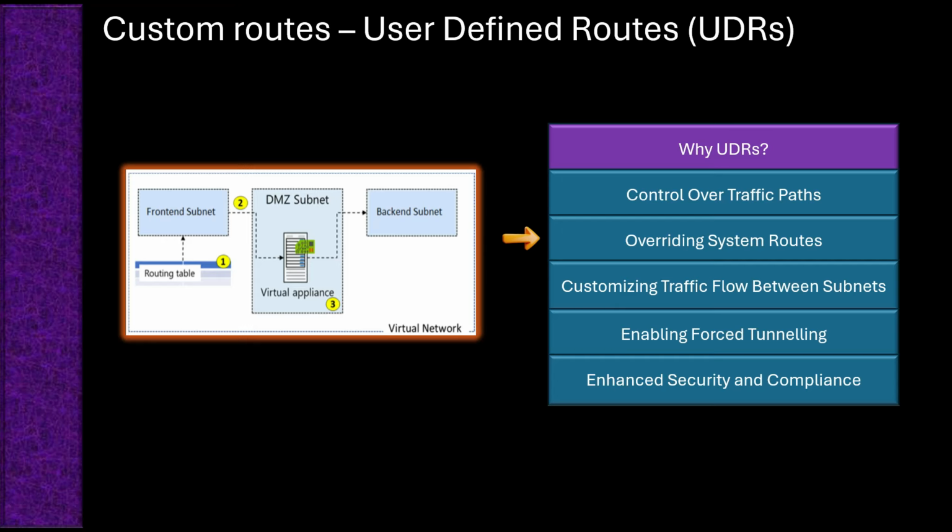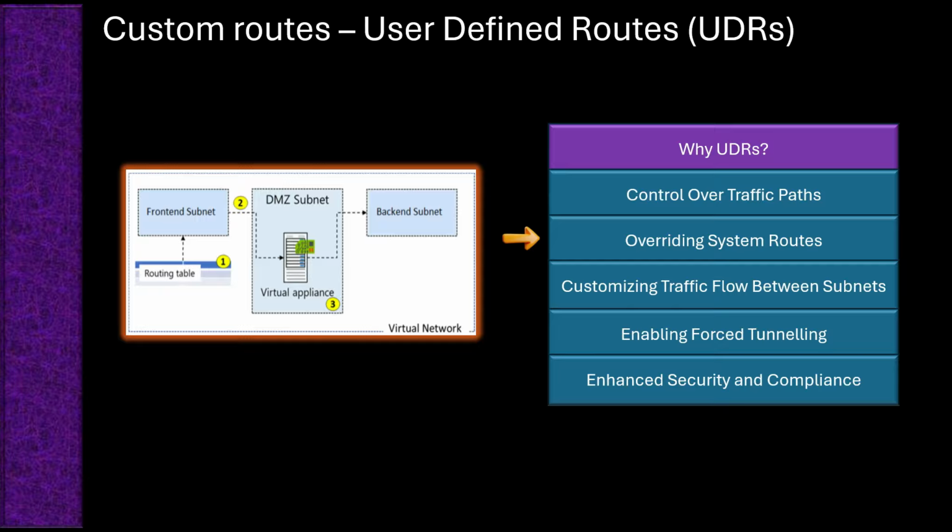Azure's system routes are designed for general connectivity, but you may need to override these with UDRs to achieve specific routing behavior. For instance, Azure's default routing may direct traffic directly to the internet, but if you require all internet-bound traffic to go through an on-premise network, a UDR can be created to force traffic to a VPN gateway